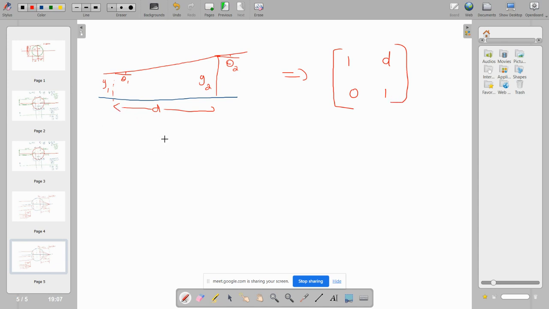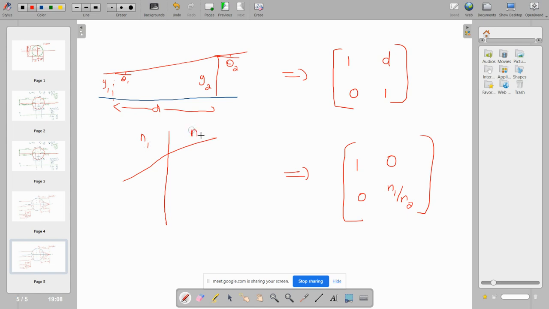Similarly, if you see that there's a refraction at a plane surface, then the corresponding ray tracing matrix will be 1 0 0 n1 by n2. Well, this is n1, this is n2, and if